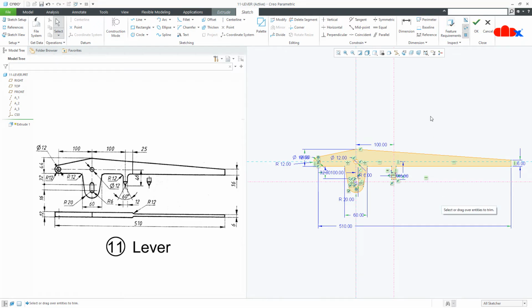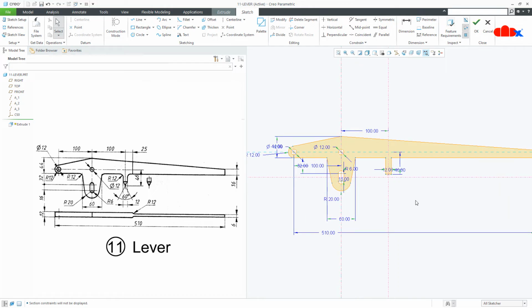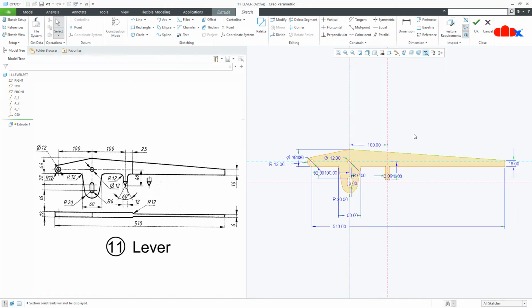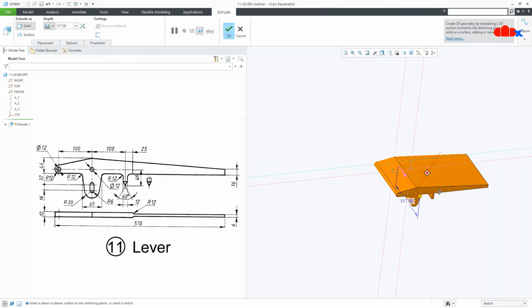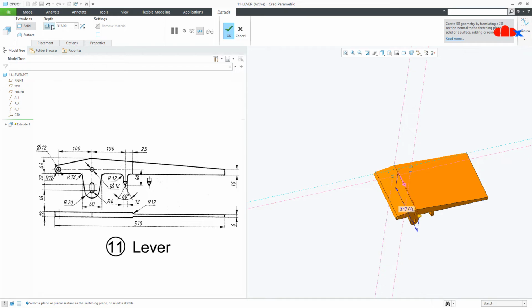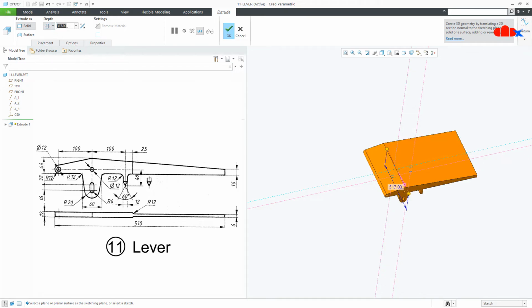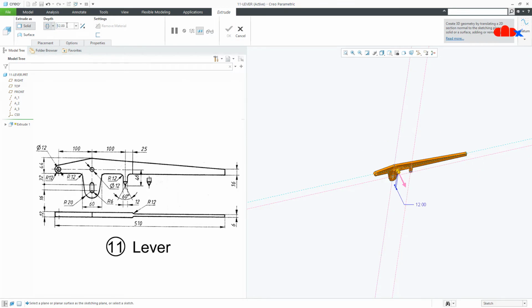So your sketch is completely done. Now you say OK. Make it symmetry and the thickness is 12. Say OK.